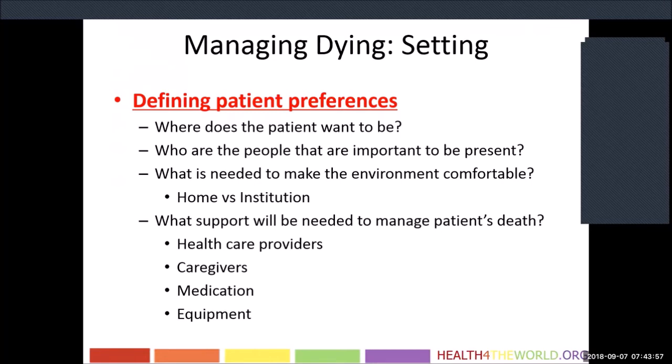So you want to have your healthcare providers in place. Caregivers need to know who to call, and who the caregivers are who are going to stay. You want to make sure that if you have access to medications, do you have them? How can you access them, and what is your plan to obtain them in the case of an emergency? And if there's any equipment needed, make sure that the equipment is functioning and working and that you can access it.